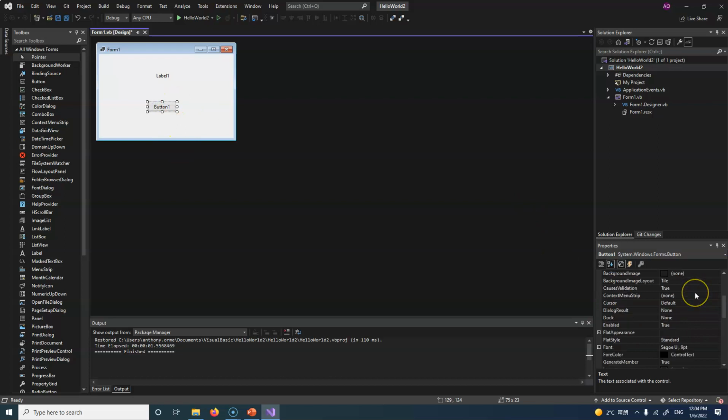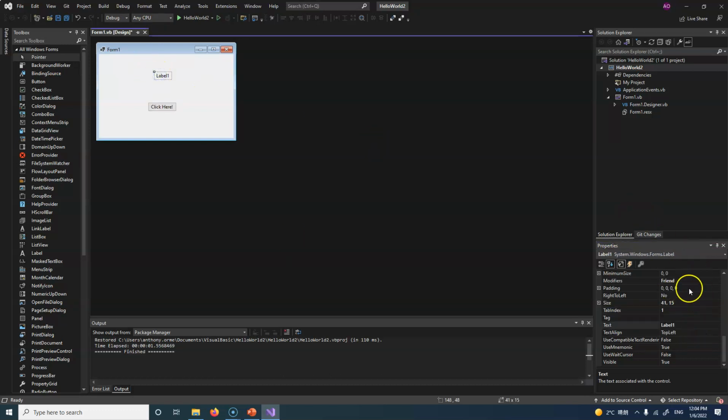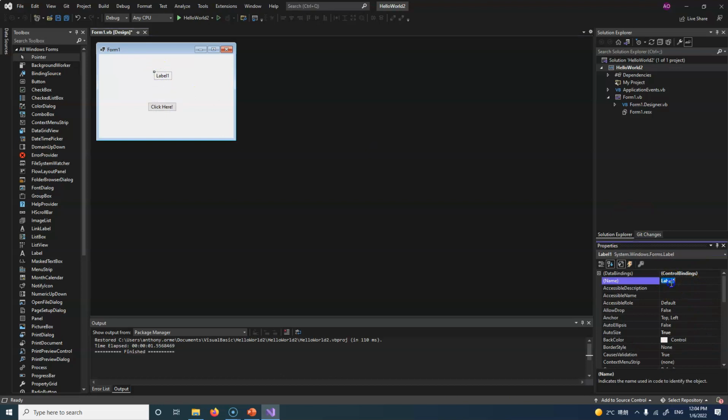Let's just change the name of the button. So I'm going to say BTN click here. And down the bottom, I will have for my text, click here. I then got for my label, I'm going to add on here, our label will be LBL, short for label, and Hello World. And then we go down the bottom, I'll put Hello World as my text,